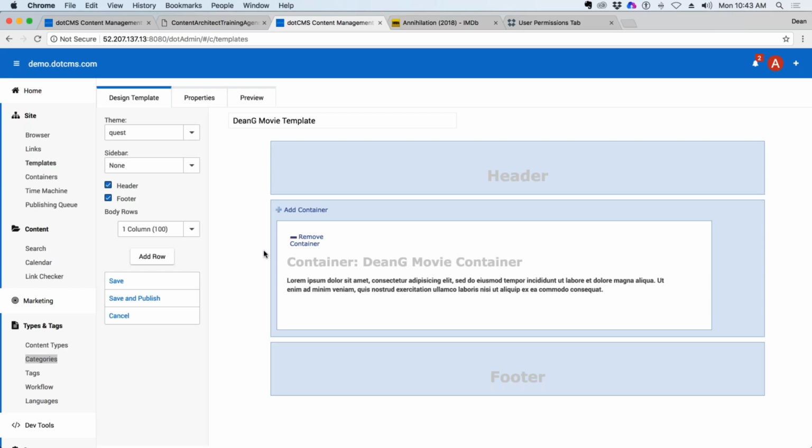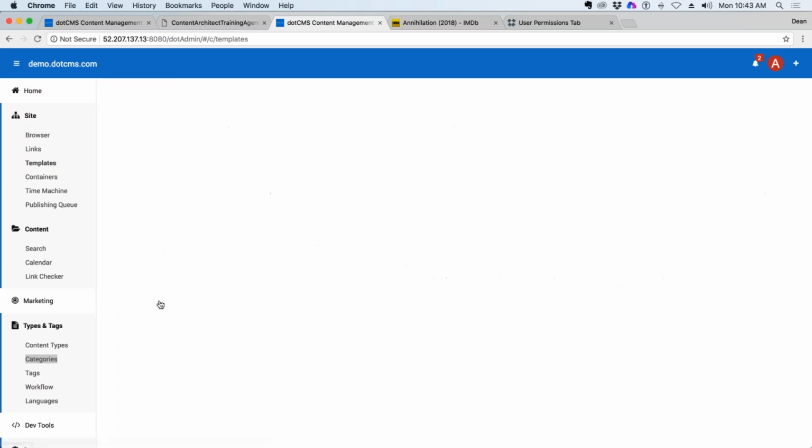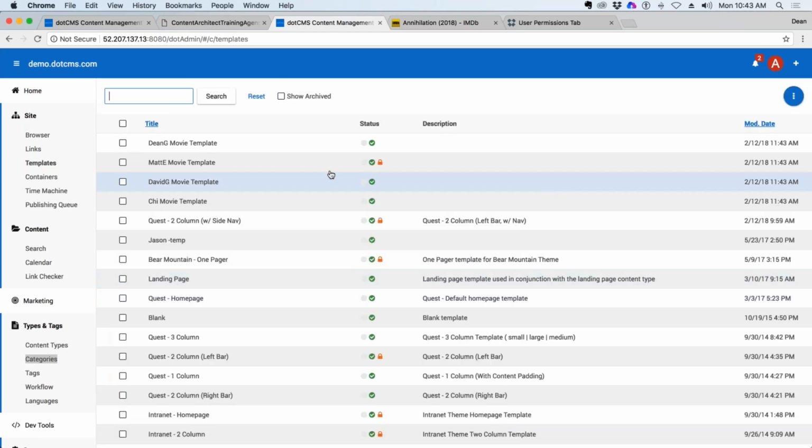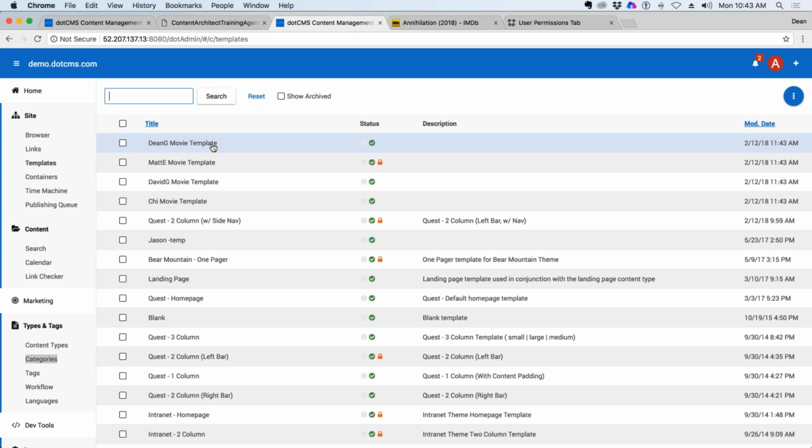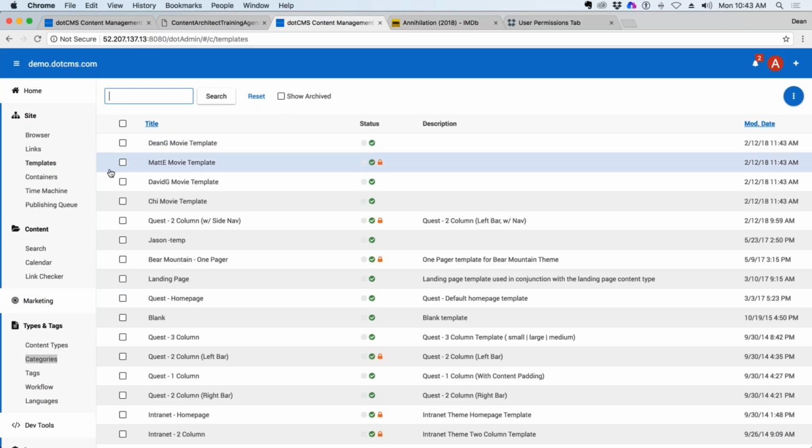All right, so now that I've got my movie container on my template, that's all I have to do. And now I should be able to click on Save and Publish on this template. Okay, so if everybody's got their movie container on their own template, they've done the Quest theme, then Save and Publish, right? And now that movie template's ready to use. Okay, now all we have to do is create a new page that uses that template. So click on the browser,